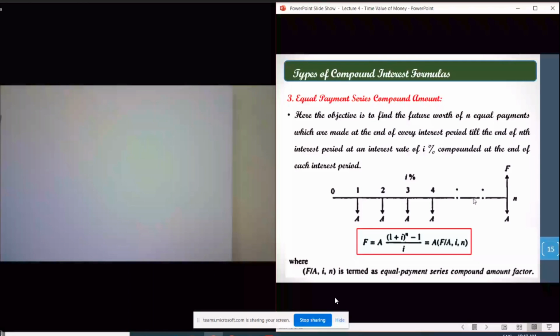Every year you pay the premium, and interest is added. After 10 years, your total insurance premium gets added up, and you get one consolidated amount. That value is the future value, and your annual insurance premium which you are going to